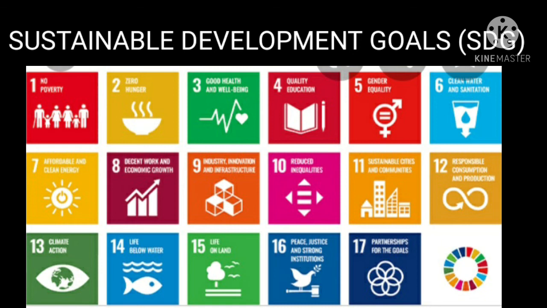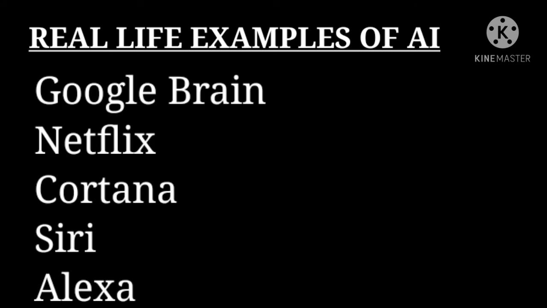And the next topic is SDG, which means Sustainable Development Goals. So they are a set of 17 goals that were adopted to meet the challenges of the world. Okay, so there are 17 goals. You should read those 17 goals. And in that topic, we have learned how AI contributes towards achieving these sustainable development goals through different AI based solutions.